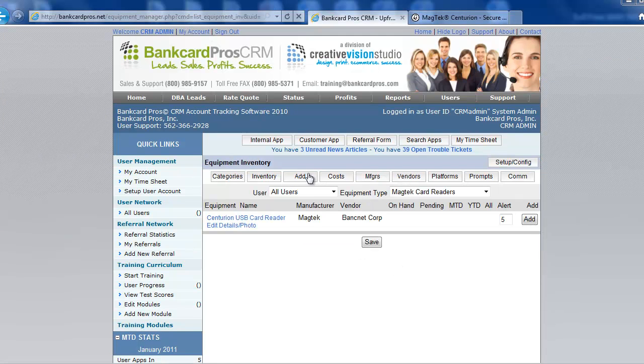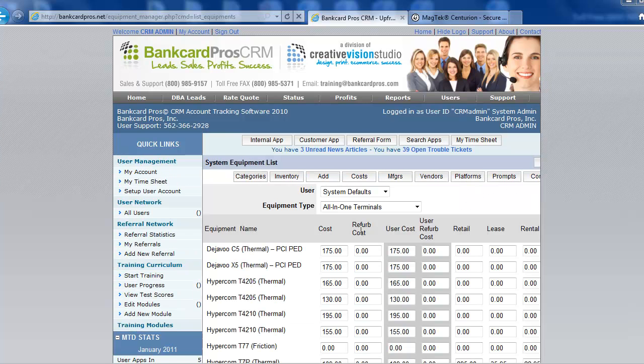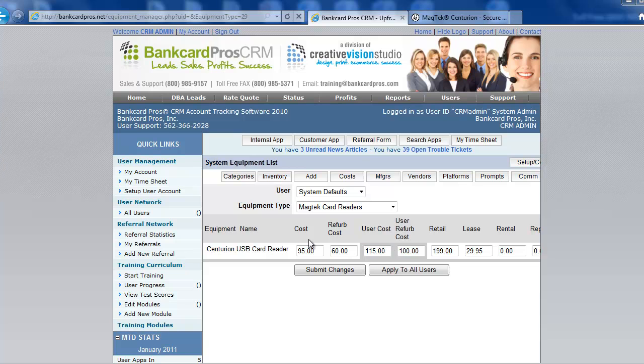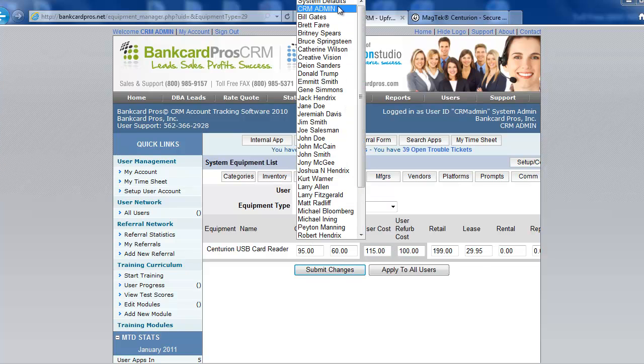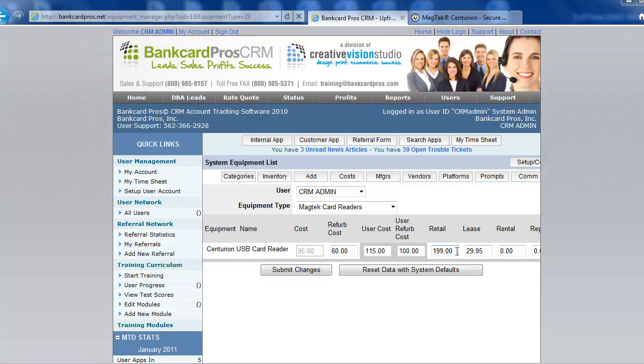So now that that's done, we're going to go back to cost. We're going to choose Magtech. You're going to see the cost, everything's there. And then we're going to choose CRM admin, and you're going to see the cost is actually applied to CRM admin. So when we go back to internal app,